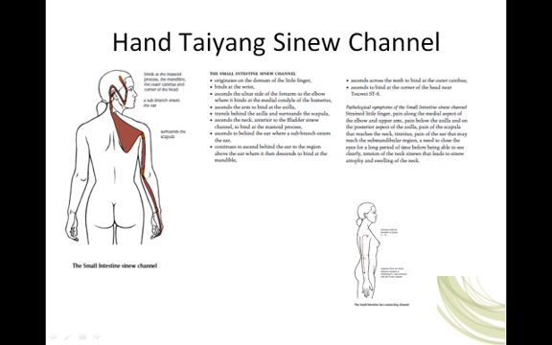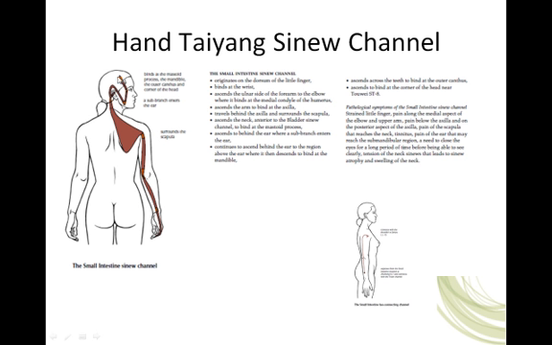Sinew channel. It binds at the mastoid process, moves behind the ear, where a branch enters the ear, continues to move up behind the ear, moves slightly above the ear, and then descends and binds at the mandible, so the mastoid process and the mandible. And then it ascends across the teeth to bind at the outer corner of the eye, and then at stomach 8, that way.